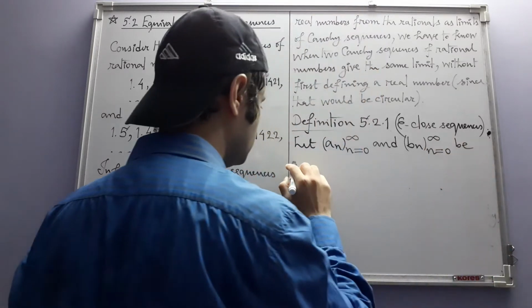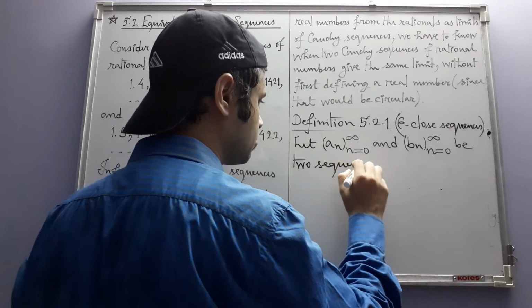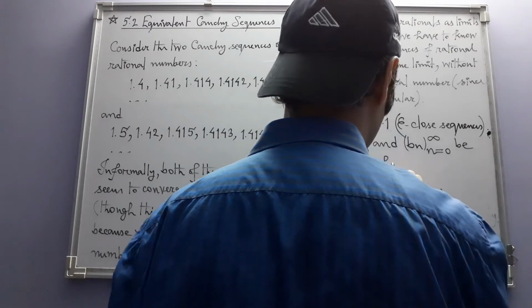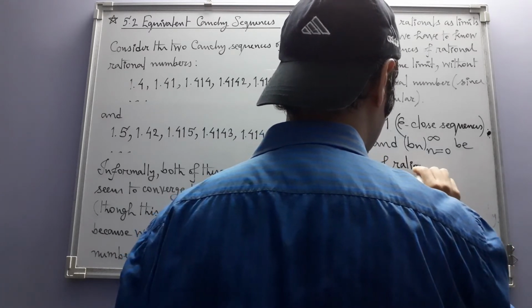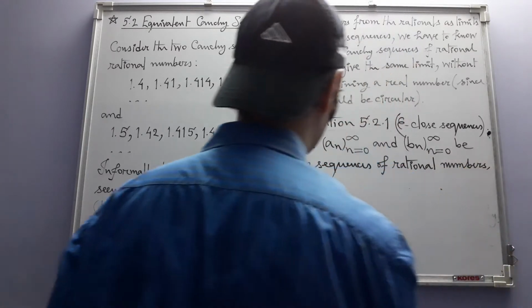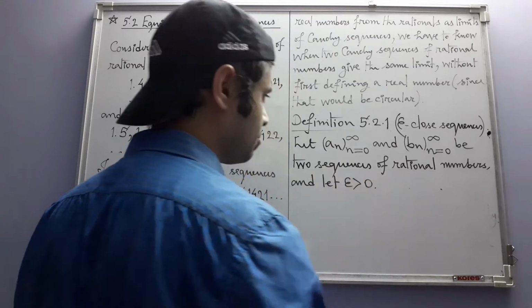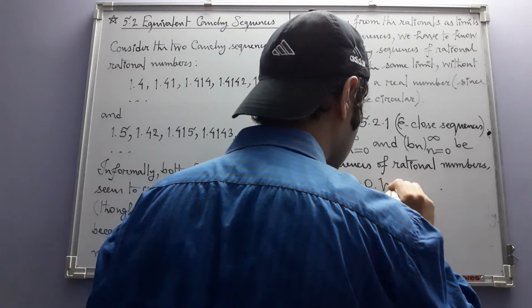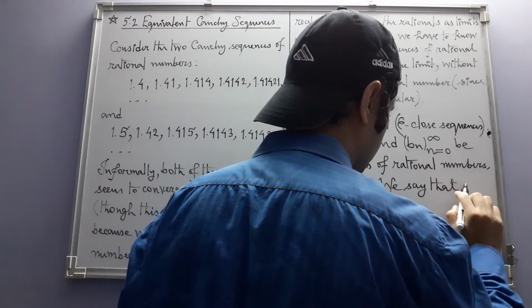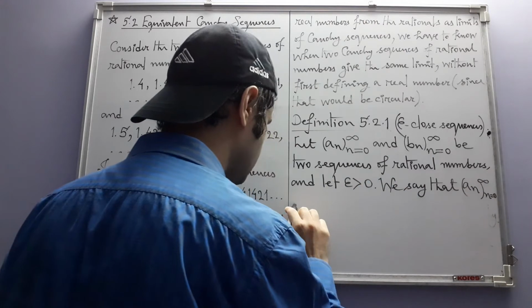Let a_n and b_n be sequences of rational numbers, and let epsilon be a positive rational number. We say that the sequence a_n is